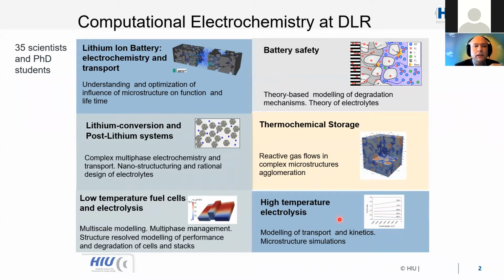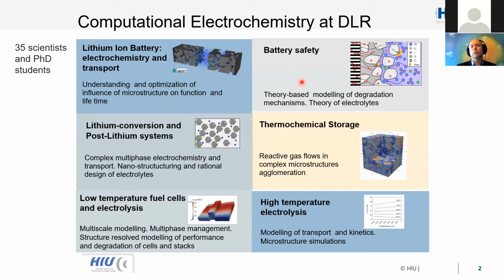I entered the field of digital design of batteries roughly 12, 13 years ago, in 2008, on the request of a big automotive company who said that they would need a proper tool to evaluate the batteries they want to use in their cars. They insisted that they wanted a microstructure-based tool, since this is based on the material properties and not just on some averaged problem. So we developed, at the time I was at Fraunhofer, this model base and the simulation tools for structure function simulations. To be able to do that on this scale, we need a proper base in solid theory.